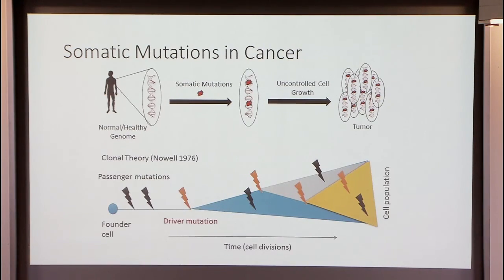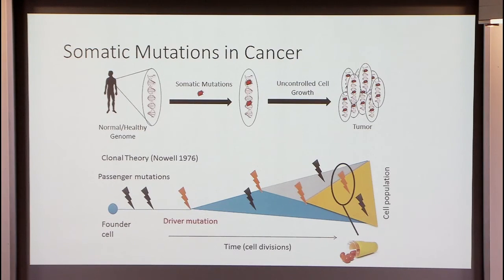So this idea of cancer as this accumulation of somatic mutations, and this idea of there being clonal expansions, the cell that acquires some advantageous mutation, then outcompeting the other cells in the tissue, leading into the tumor, is now widely called the clonal theory. And this is synthesized in a famous review article by Peter Nowell.